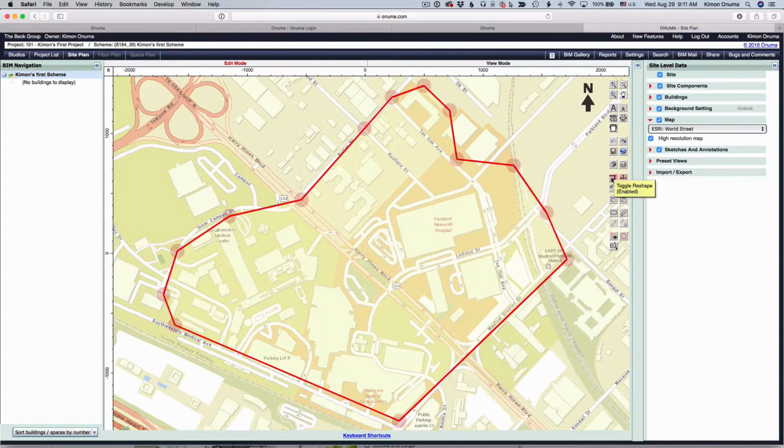So as I turn on toggle, you'll notice that there are points on the map. And we'll spend a little bit of time here on this basic interface of changing a shape. We're changing the shape of a site, but it's going to be very similar at the building and at the space and at other levels within Onuma. These are basically the set of tools. In Onuma, if you grab a point, it turns red, and there's an X that you can use to delete that point, for example, or I can grab a point and move it,